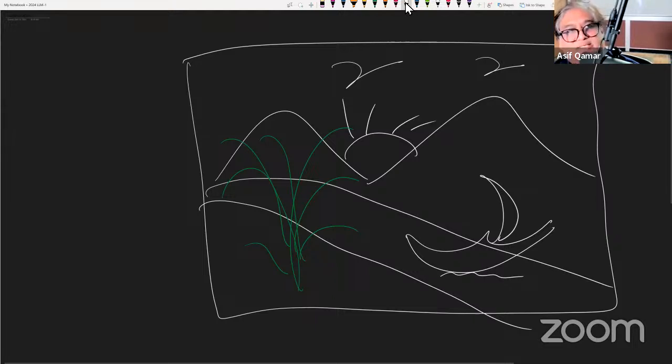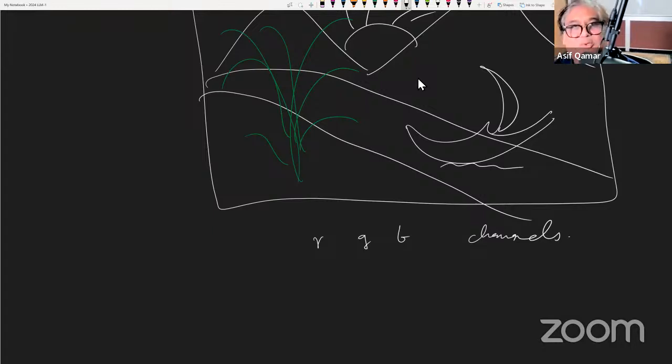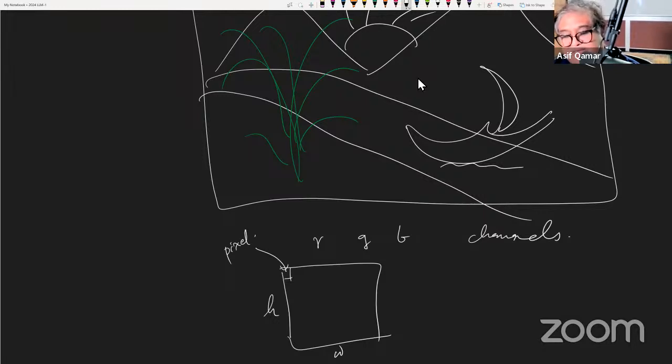As far as the computer is concerned, what does it see? It just sees 3 channels, R, G, B, right? Channels. And there's an alpha channel also, but we'll leave that. And it sees basically a grid of pixels, floating point numbers, right? It just sees the height, width, and each cell, each so-called pixel, in each of the channels,